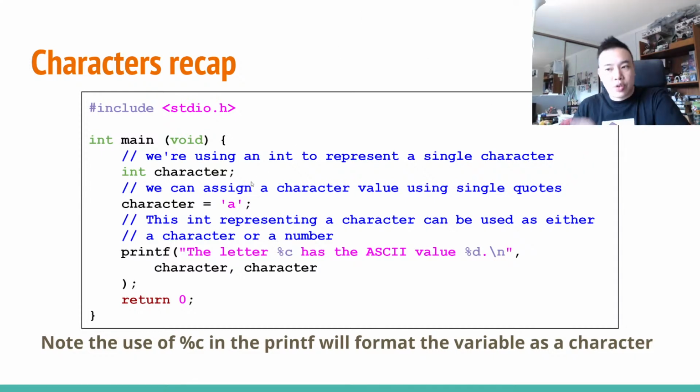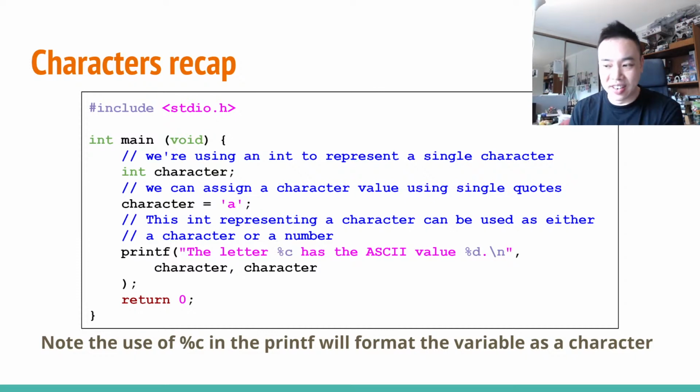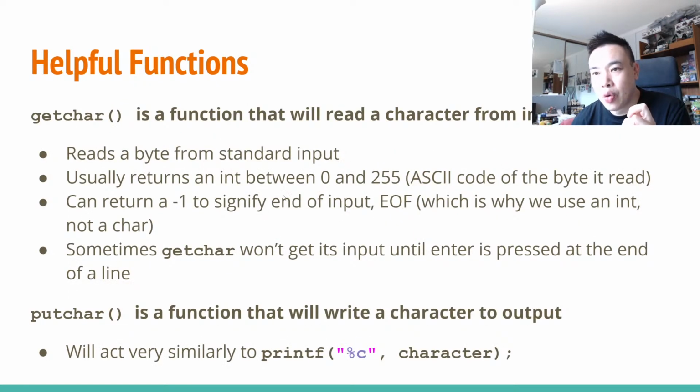So characters, we talked about this before, and the interesting thing is that a lot of the time when we're using a character, we're actually going to use an integer if we're using a single character. And this is always going to remind us as well that every character is just a number, but if you think about it as a letter, you can translate it from the number it is to its ASCII value. So A has an ASCII value. I think we saw that it was the value 97. And then we can use them as those numbers. The reason we're often using integers whenever we have single characters is when we're using something like getChar, which is a function that helps us